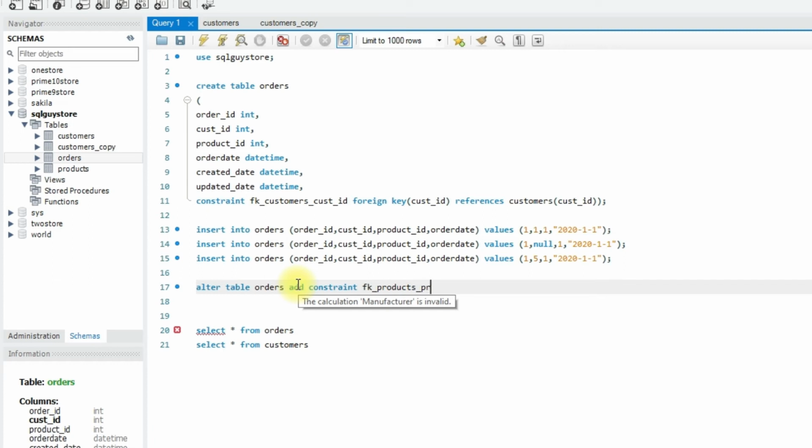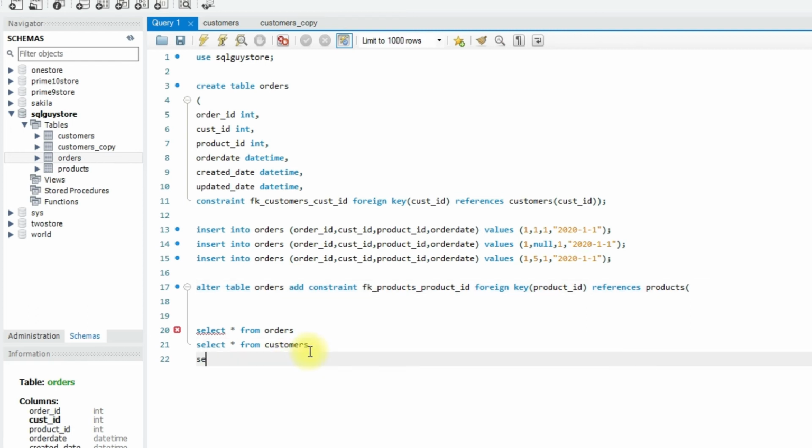fk underscore products underscore product id, because we're going to add the primary key from the products table, foreign key, the column name of this table references, the table being referred products.